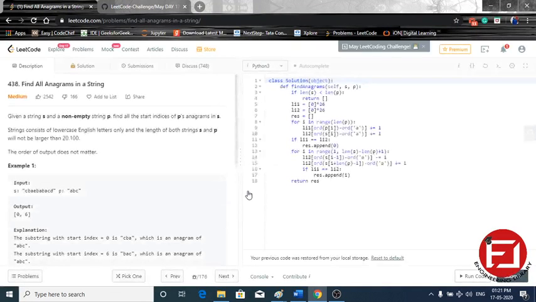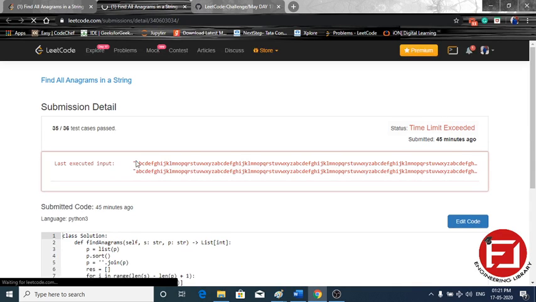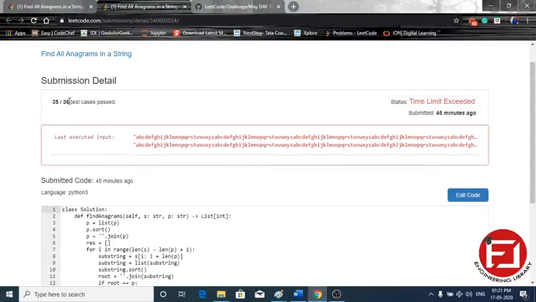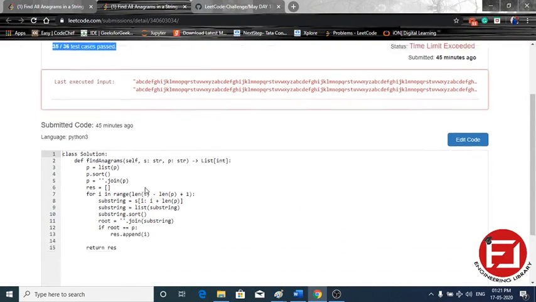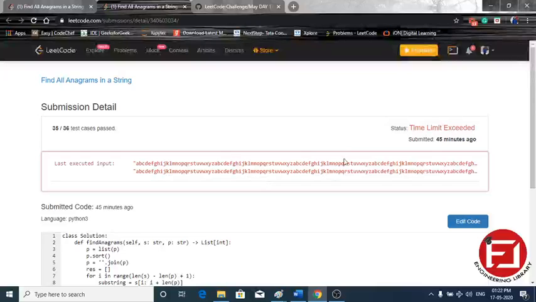I will show you the code. See this, no, this is not the code, this is the final code. Here time limit exceeded. For the short inputs all the test cases run fast, but for the long input it gives time limit exceeded. And here is the code. Firstly we have taken the list, then we have sorted it, then we iterate in the loop. There are 2 times sorting: first here is 1 time sorting, and another is here in the loop, where we sort in every iteration, and it will give time limit exceeded for one of the test cases.